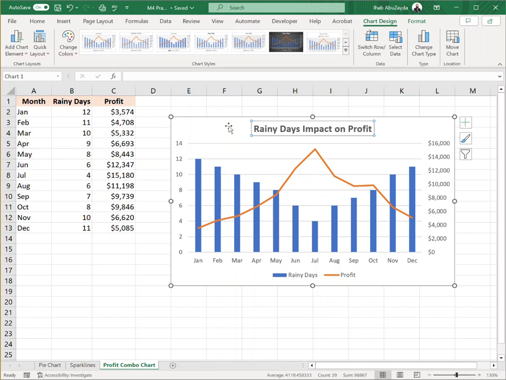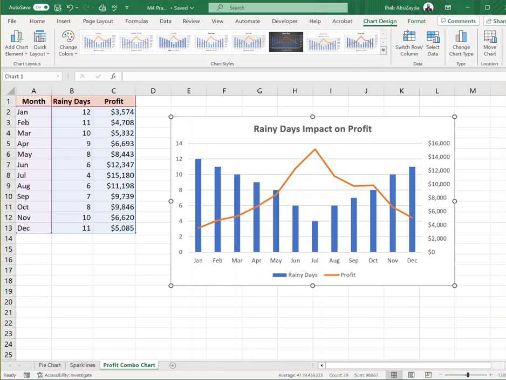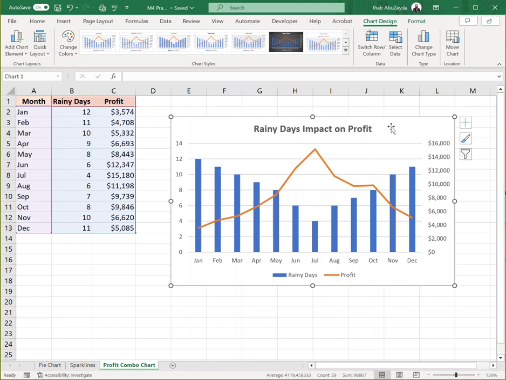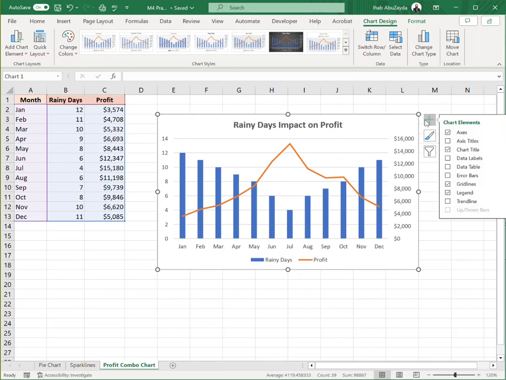And what I will do, I will make some changes to my chart. First, I will add axis titles to the ones on the sides here. To add anything or remove anything from the chart, you can click on the plus here, and that will allow you to add chart elements. Let me make my chart smaller so you can see better. Okay, this is good. So if I click on the plus here, if I want to add axis titles,